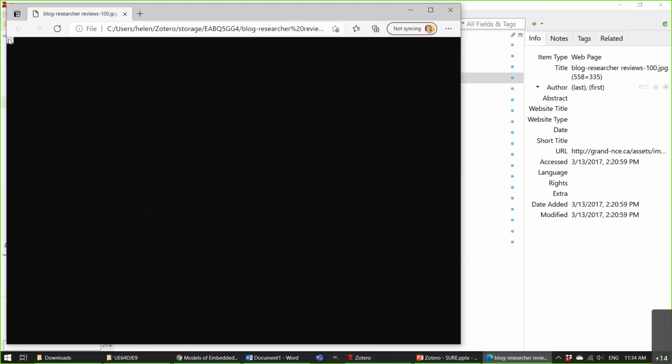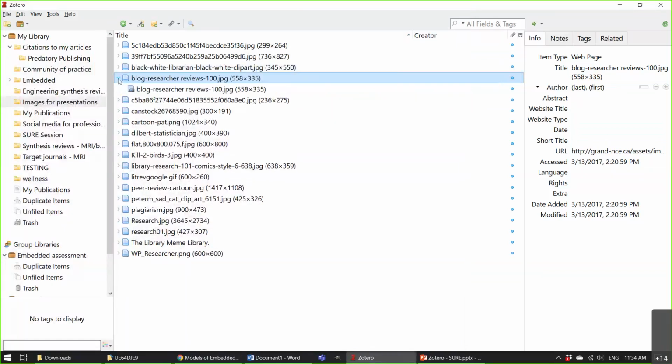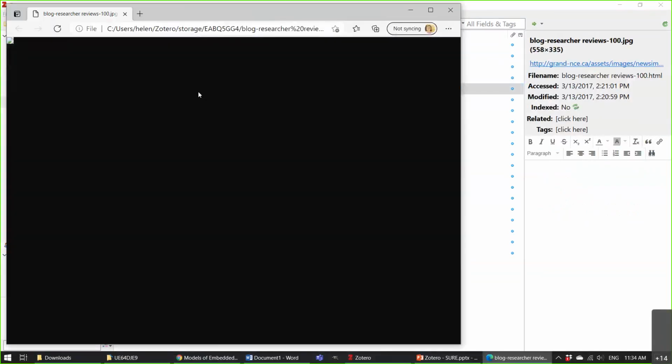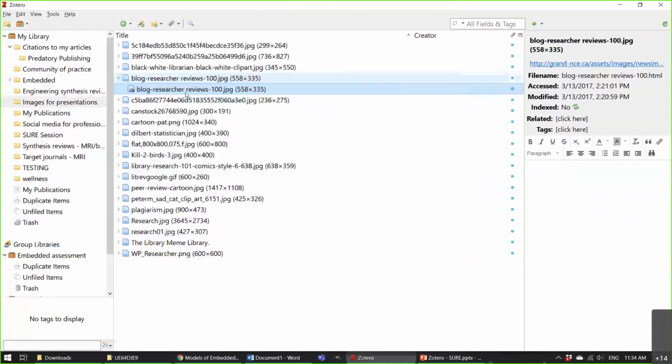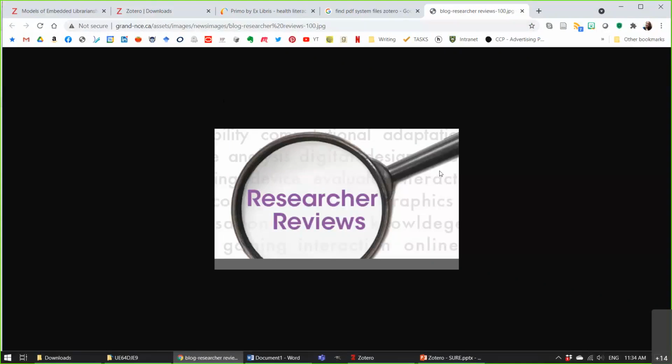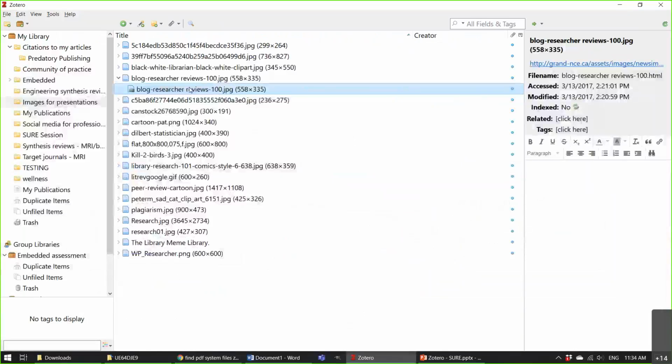Oh, it's black. It's because it's not uploading. There's the little image icon, so it's not working. There we go. That's fine. What's my computer being this way? View online. Okay, there we go. So it worked this time. I wonder if Microsoft Edge weaseled its way back into being my default browser again. Anyway, so that's how you can go about saving different